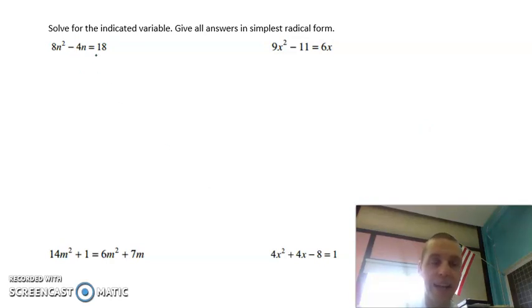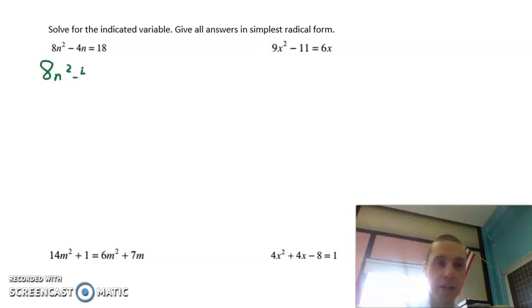So the first one, it has to always be set equal to 0. So remember that's 8n squared minus 4n minus 18 has to equal 0. One thing here that you could see is you could divide everything by 2. You don't have to, but I could to make it more simple. I'm not going to, and I'll show you how it works in the end here. So A is 8, B is negative 4, C is negative 18. So if I wanted to write those out,